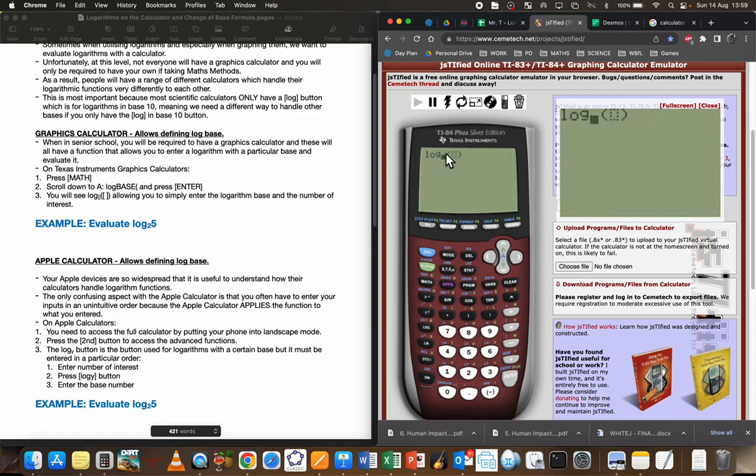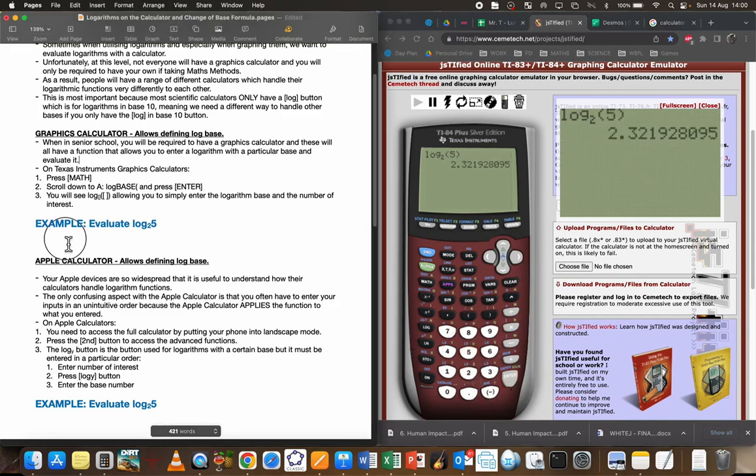And as you can see on the calculator, it wants the base. So you will see log with a small subscript box there, and then a normal size box there. The subscript box is obviously going to be the logarithm base, and the normal size box is going to be for the number of interest. So if I wanted to evaluate log in base 2 of 5, I just enter that,